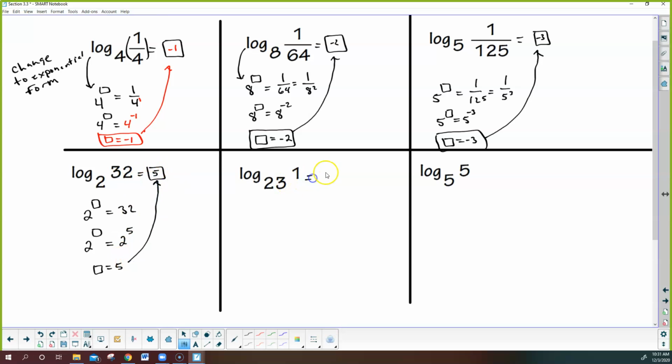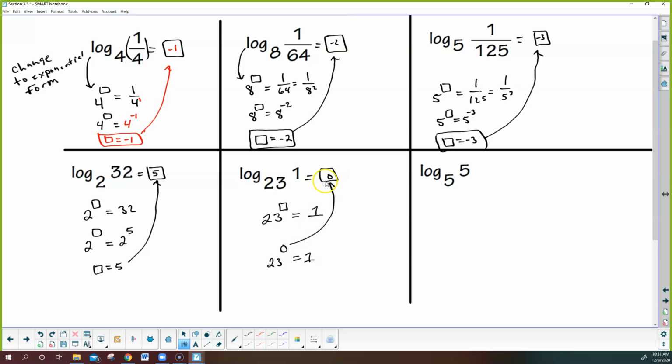Okay. And then here's kind of an interesting one. This one always kind of stumps kids right away. There's a couple ways to think of it, but 23 is the base. So if I change it to exponential form, 23 to some power gave me 1. Well, the only possible answer for that is 0. Right? Any base to the 0 power is always 1. So 23 to the 0 power is 1,